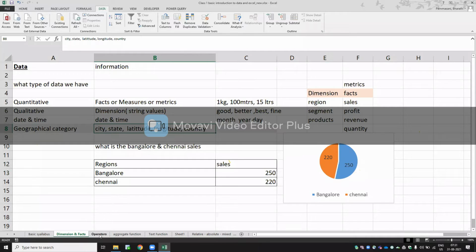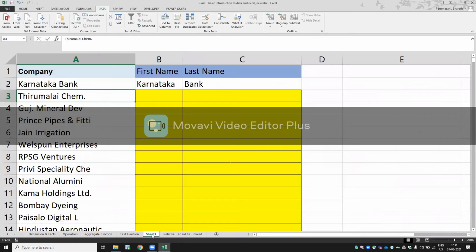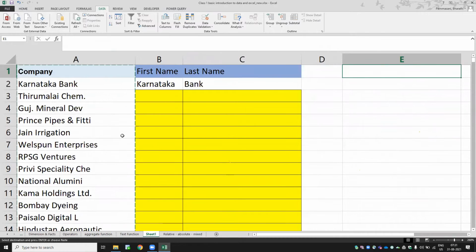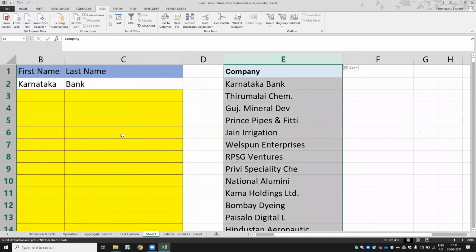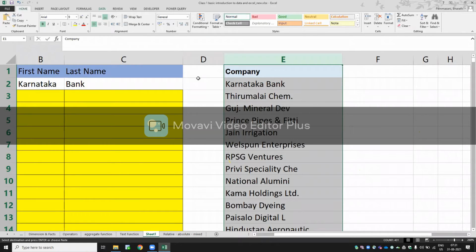Now can you repeat it again from the start? Which one? This one. Last name, yeah. So if you wanted to, instead of writing a formula, get this one, easily split it. First select the entire column. No, I want the formula one. This one I got clarity. Okay, you want the formula one. Okay.